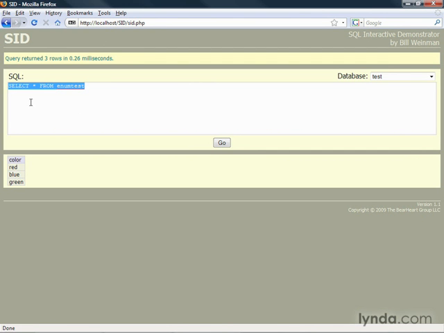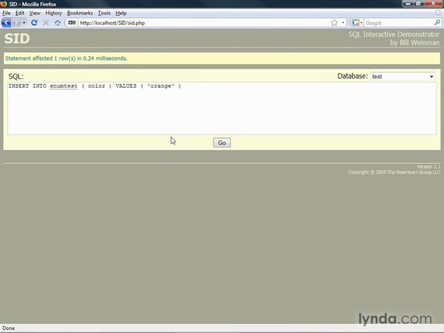I want to show you one other little quirky aspect of the enum type. If I try to put a value in here that is not defined in the declaration, it's not really going to know what to do with it. It can't store a 1 or a 2 or a 3. You can't store a 4 because it doesn't have it defined and it won't know what that is when it tries to read it. So what it does is it just silently stores nothing. And it's not even a null value. It's just empty. So when we go and look at this,